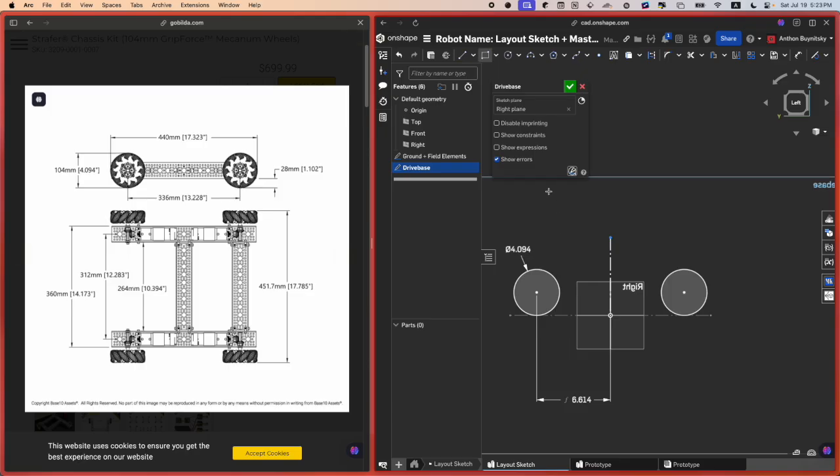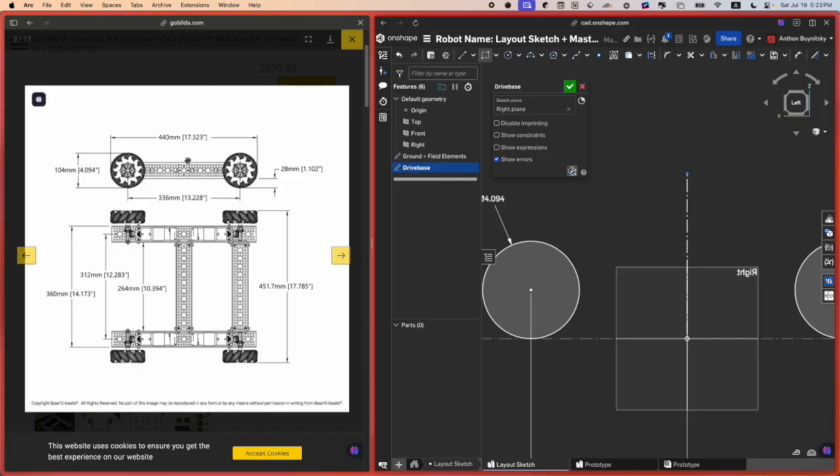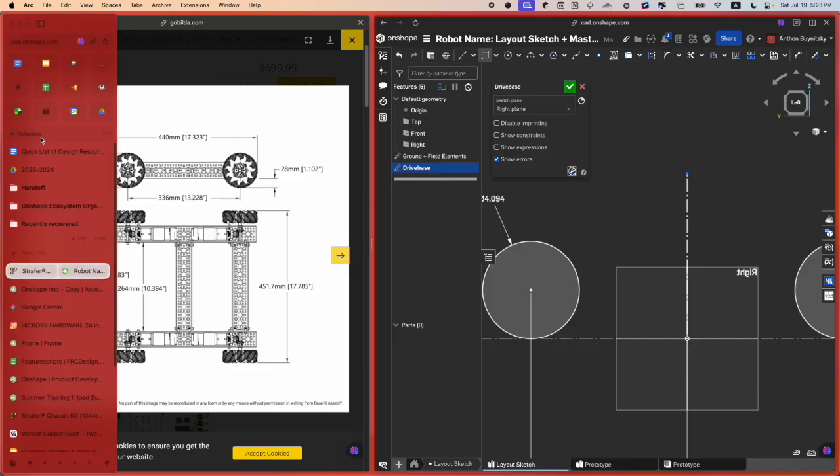For the U channel, I'm still in FTC or FRC terms. So in the side view, we see that the U channel looks like it ends right here, right on the curve of the wheel, but that is false information. It actually ends kind of close to the end of the wheel, but unfortunately they did not give us the dimensions. So what I'll do now is